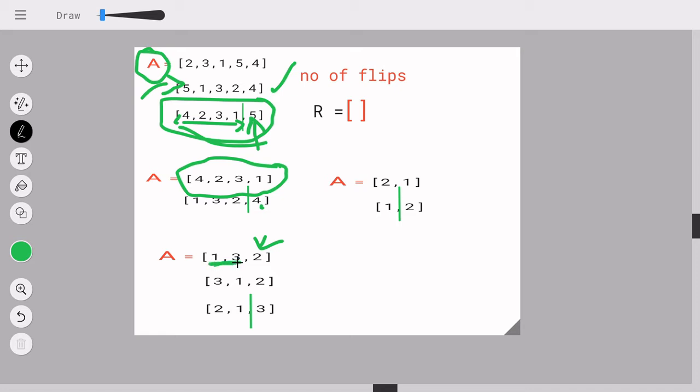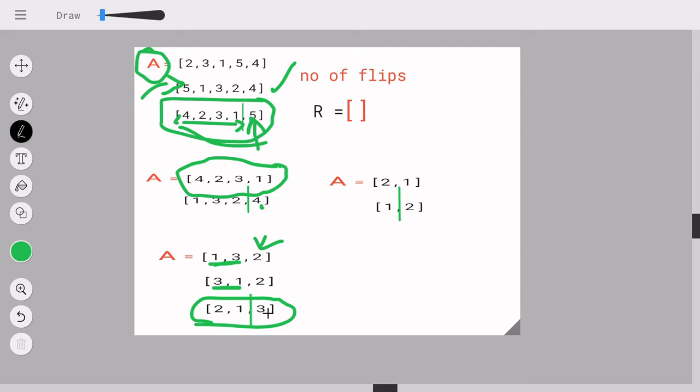I only flip these two elements. So did you see that? I am flipping these two elements. And now once I have 3 in my 0th location, I'll flip the entire thing over here. And now I know my 3 is sorted.